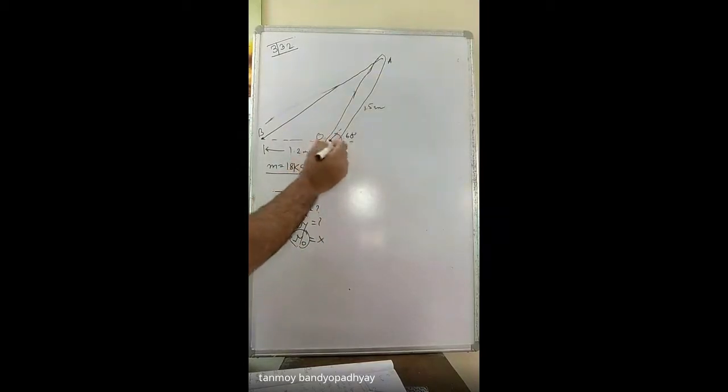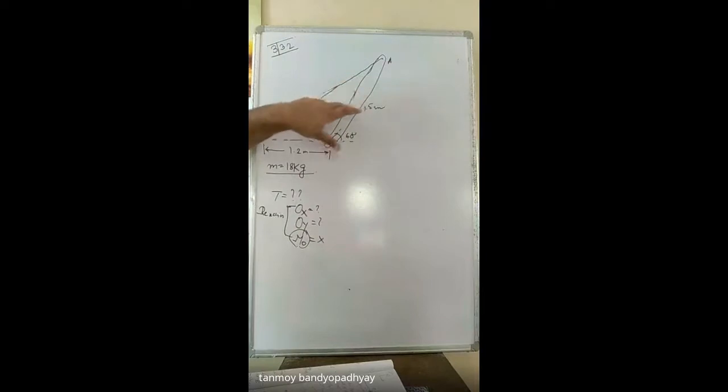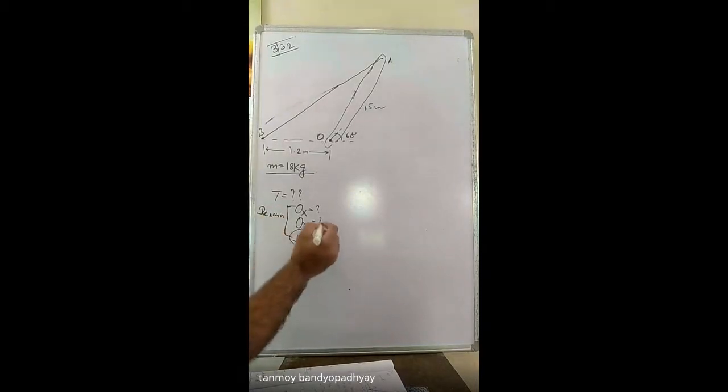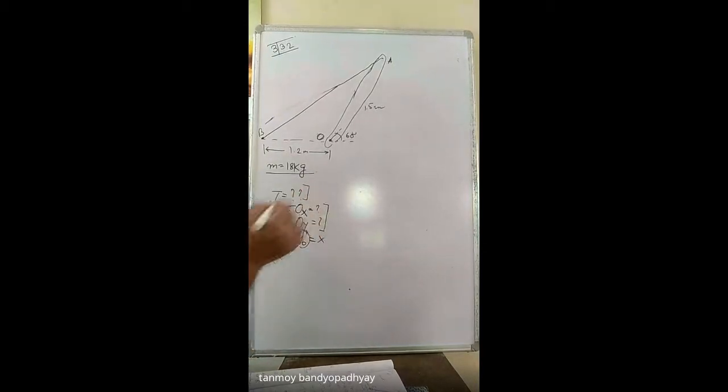When you see the position A, it's a flexible pin. About the pin, it can actually rotate. If it's free to rotate, there won't be any resisting moment set up. I had discussed in the first class that whenever there is a resistance to motion, only then the reaction or the reactive moments will come into action. In this case, this is a flexible pin, so it can easily rotate, and there will be no resisting moment set up in it. Only when there is a resistance to motion will reaction forces be set up. So here I won't be having M0. There will be no moments. We'll only have OX and OY, and of course there will be a tension T.